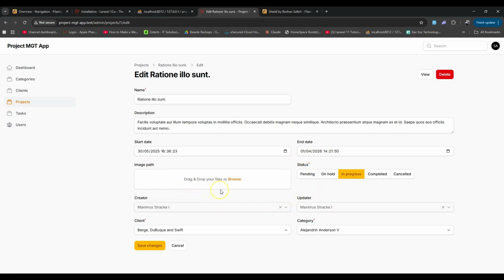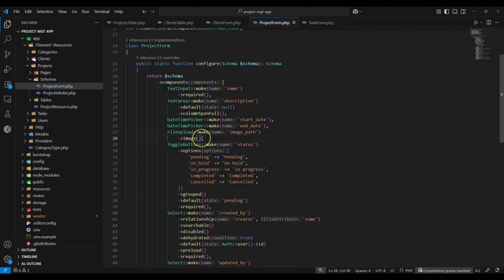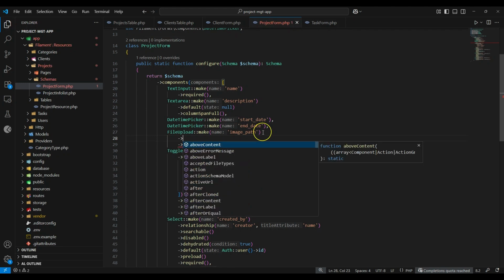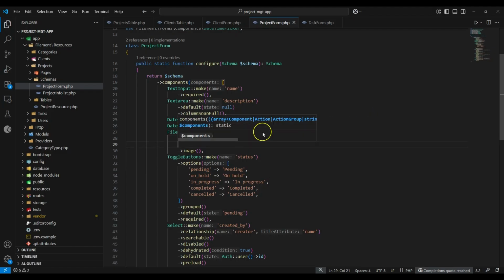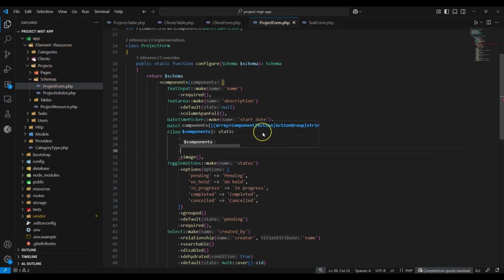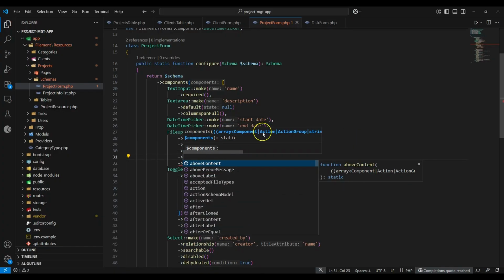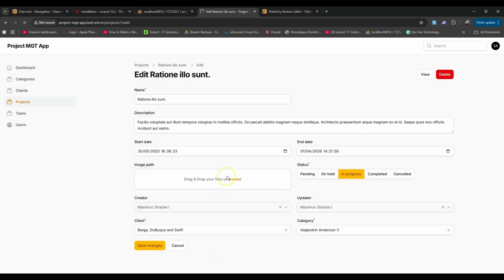And for image path, I want to update where the images will be stored. So here you can see this is just a validation to make sure that only images are being uploaded, but I want to modify which disk they will be stored. So here I put them on public. I want to preserve the file names. I want to make them to be downloadable and to be openable. Okay, so after that, now this should be good. And now if I go back here,